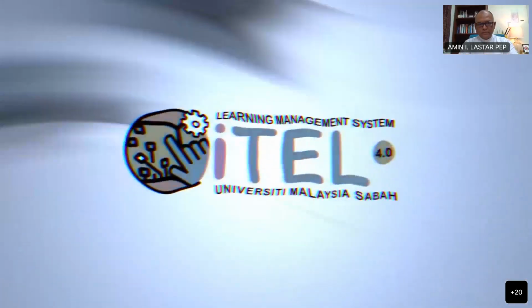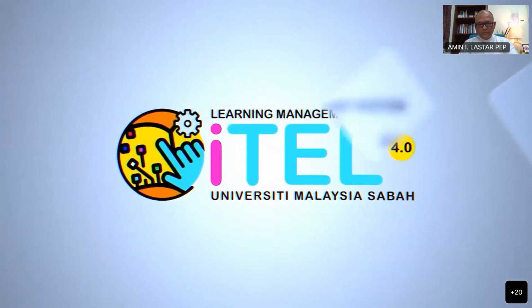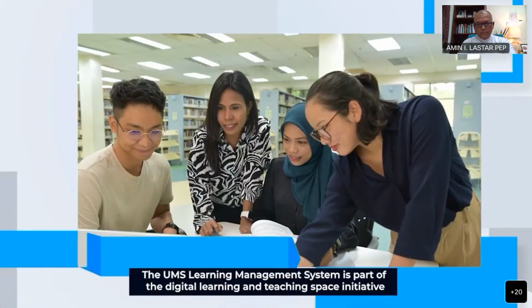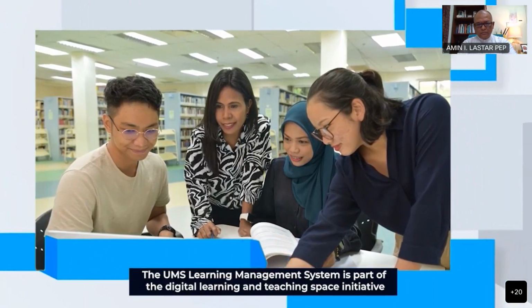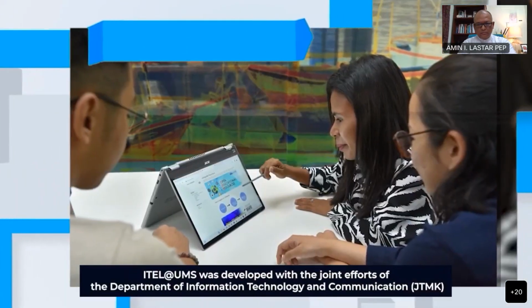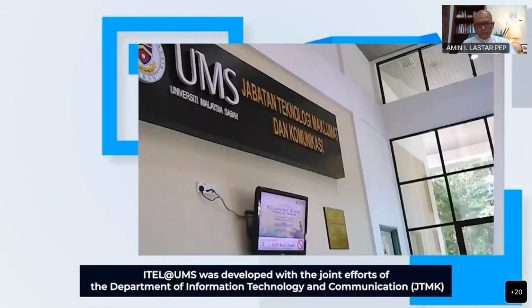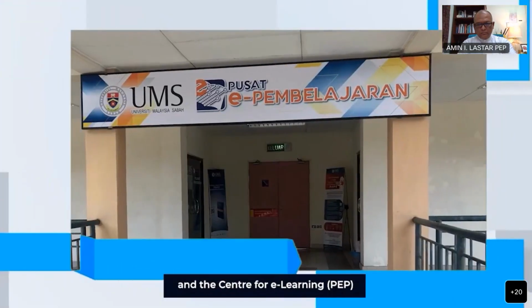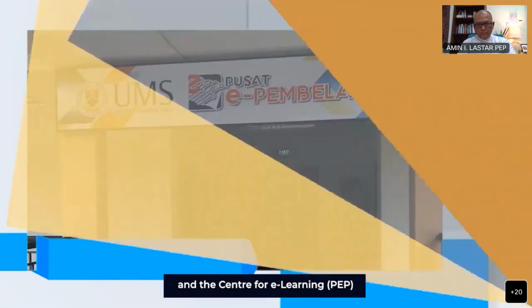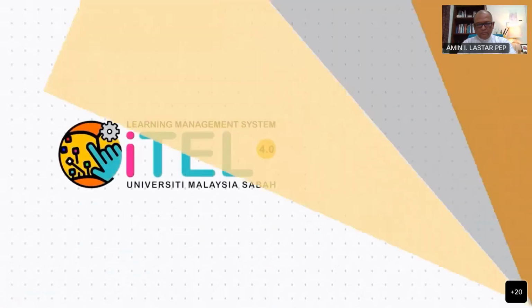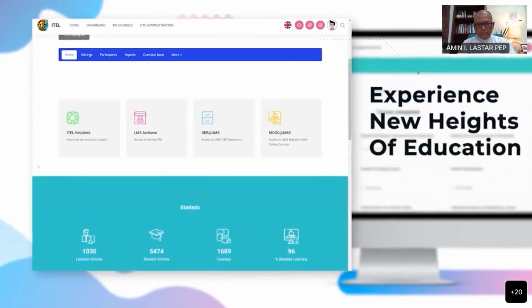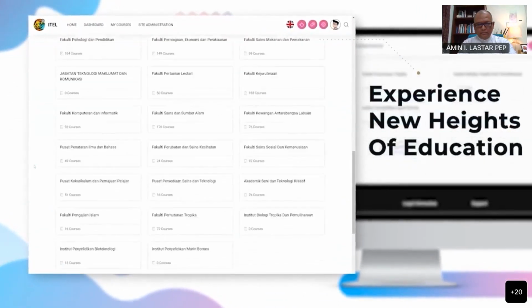Introducing a learning management system, ITEL, version 4.0, University Malaysia Sabah. ITEL at UMS: Interactive, Innovative, Technology-Enabled Learning. The UMS Learning Management System is part of the Digital Learning and Teaching Space Initiative. ITEL at UMS was developed with the joint efforts of the Department of Information Technology and Communication, JTMK, and the Center for E-Learning, PEP. Introducing you to our new look. Experience new heights of education. Reach out to the most competent and passionate mentors.